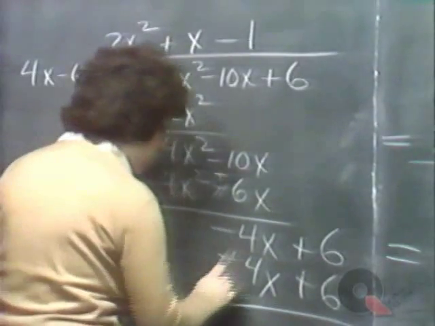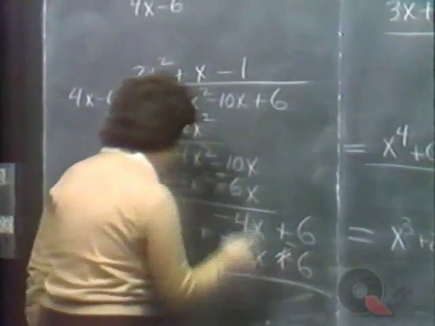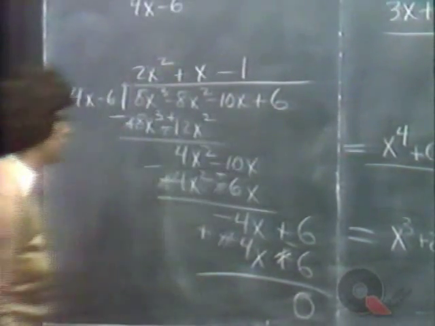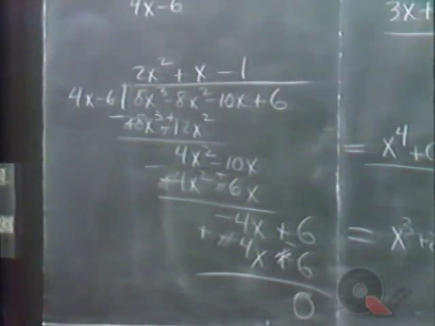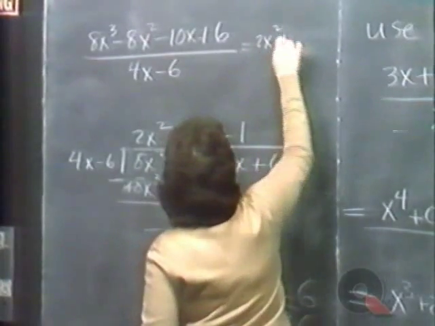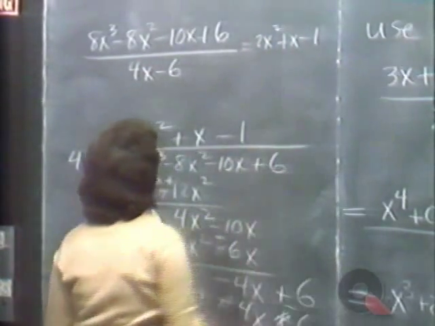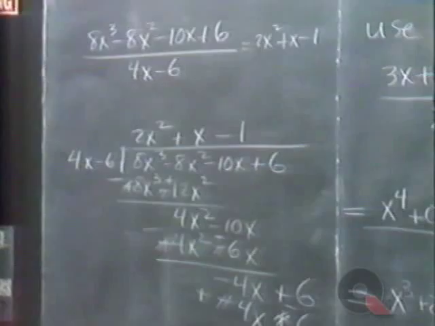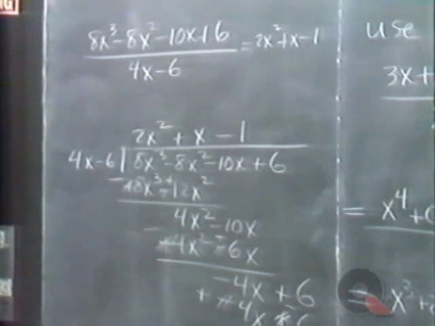We subtract, change the signs, and add. And when we do that, we get 0. No remainder in this problem. The answer is 2x squared plus x minus 1. And the remainder is 0. And that brings us to the end of the